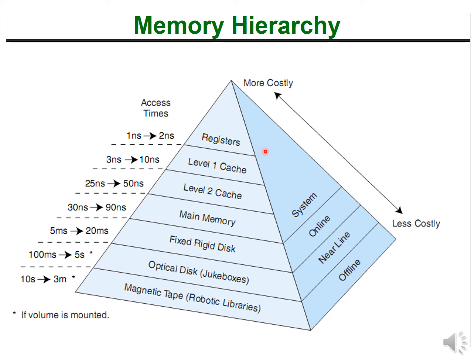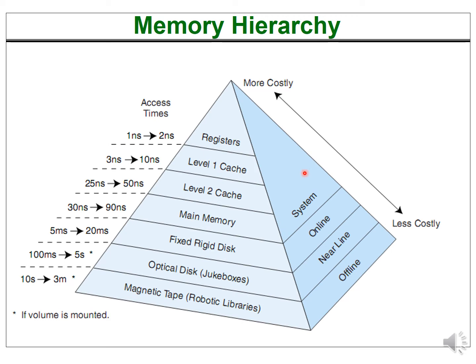On the top, we have the registers, which are present within the CPU. Then we have level 1 cache and level 2 cache. The basic difference is the level 1 cache is present on the microprocessor chip itself. The level 2 cache is outside of the microprocessor chip, but it is present on the motherboard itself. There is another level 3 cache which can be attached as a separate card onto the motherboard. Then we have the main memory, which is the RAM and the ROM. These registers, cache memories and main memories are also called the system memories.